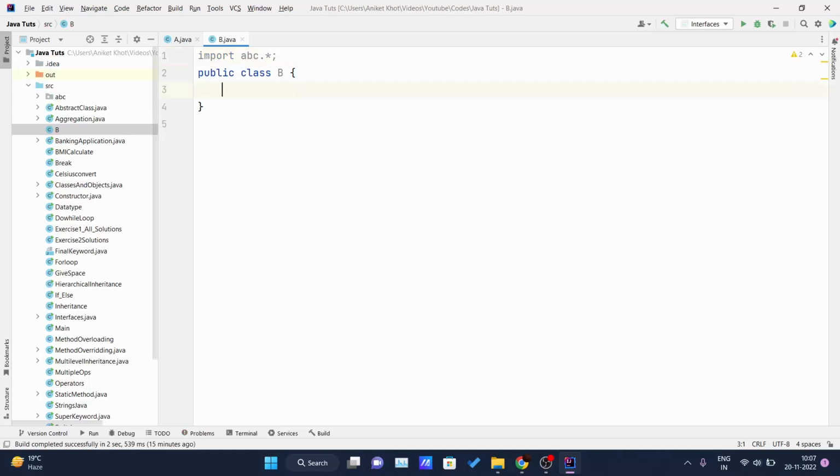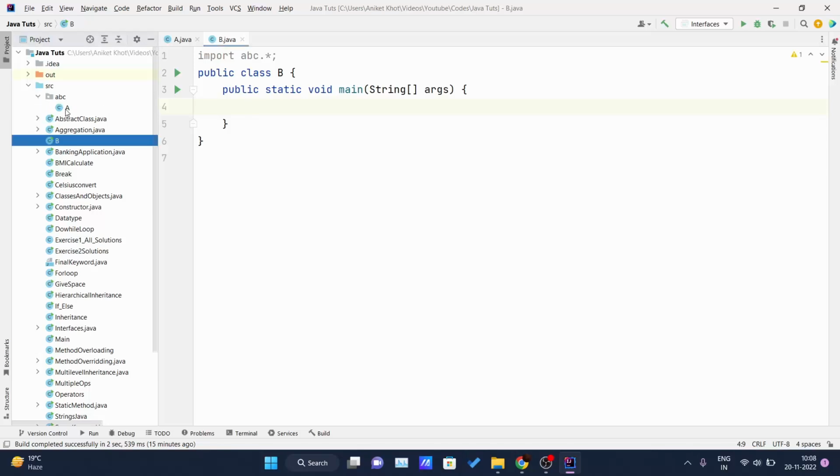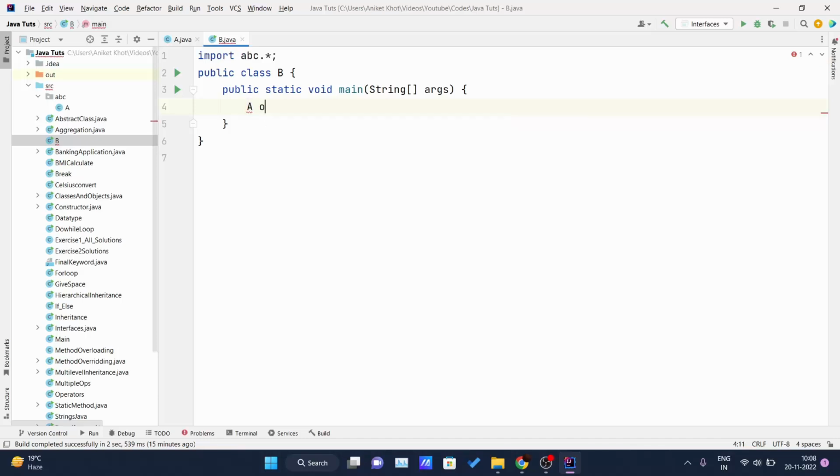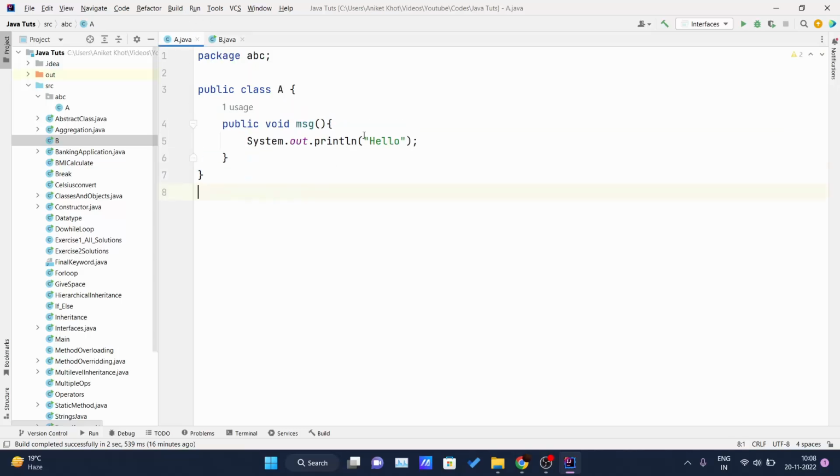Okay, and now inside my public class B, I will write my main method, and inside the main method I will create the object of the class A, which is written inside this package. Okay, I will write A obj is equals to new A, and I will try to call the method which is written inside the obj, that is this one, hello